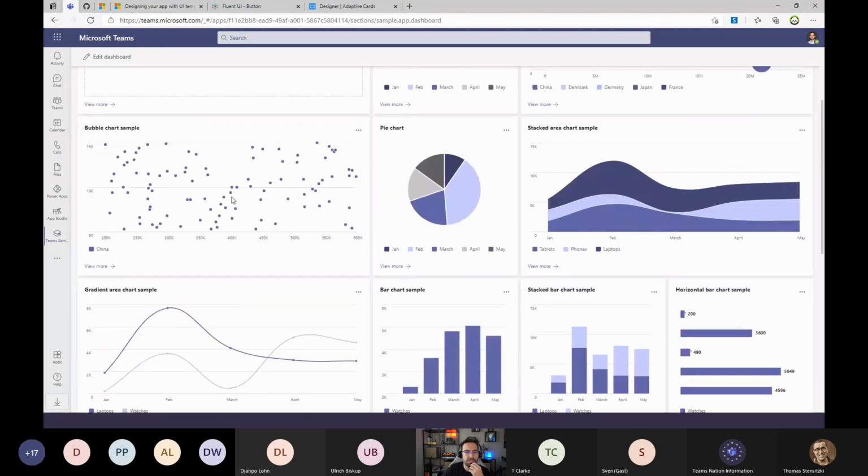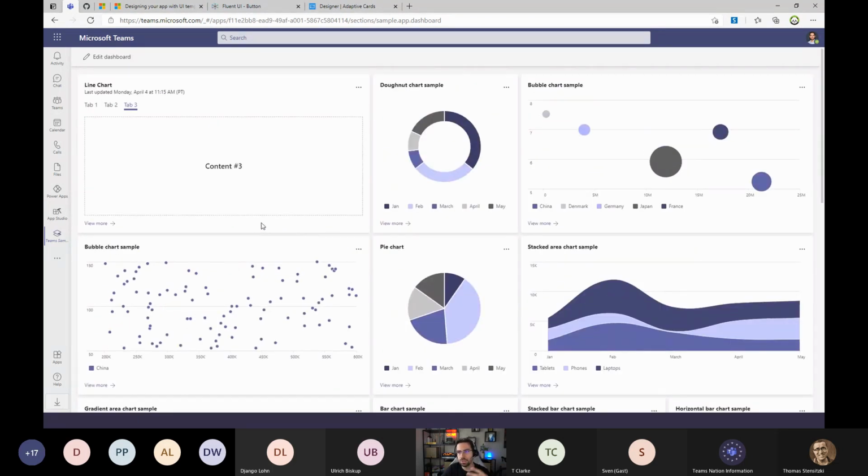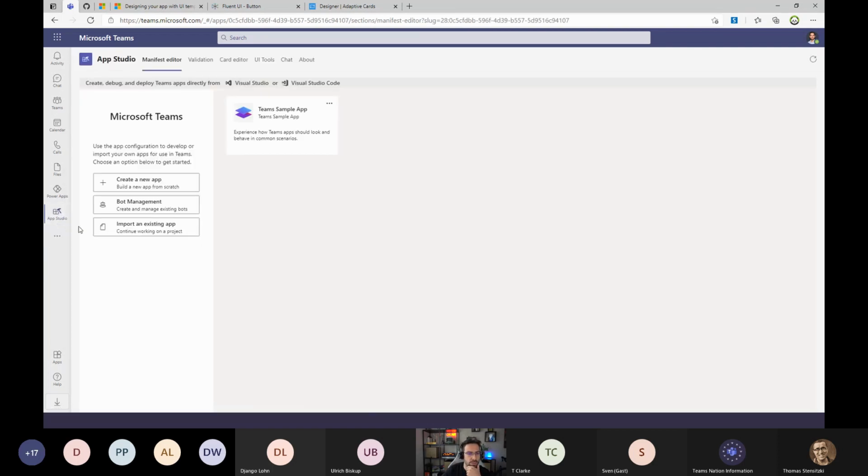It's very powerful to see what you are able to do by writing React code and using this Fluent UI North Star UI library. So let me come back to the App Studio, because I installed the manifest of this application,